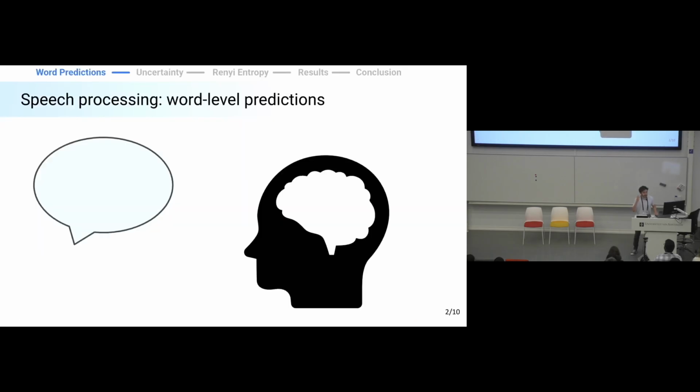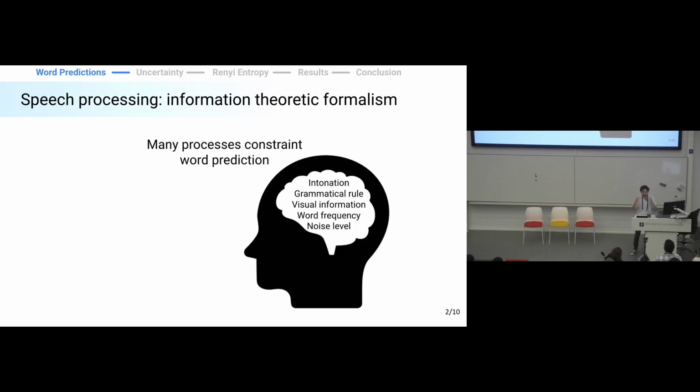First, when I'm talking about speech processing, I actually mean word-level predictions. So there are no syllables, no phonemes, no acoustics. That's much simpler. And I'm only talking about predictions, so your ability as a human to predict the next word. For example, who let the dogs out? You shall not pass. These are very simple examples because I didn't want to flop at a presentation. But the truth is there are many, many complex mechanisms underlying this.